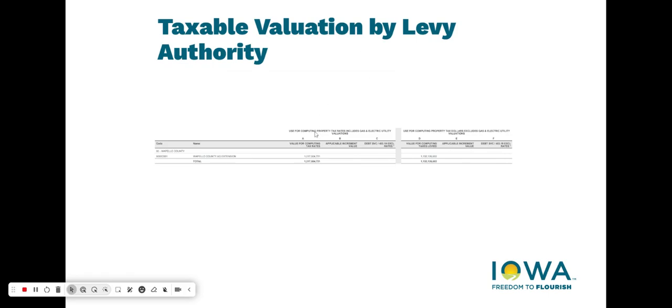Again, this is a report that lists 6 different columns, both value with and without gas and electric. It lists the value for computing tax rates, which includes gas and electric. It lists your applicable increment value, if that's the case. And then the total value adding together A and B is in C. This is the value that's really just used